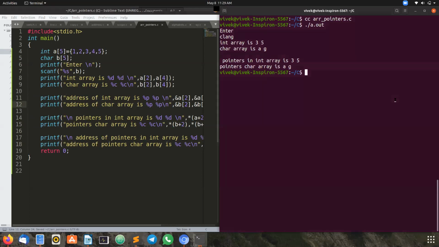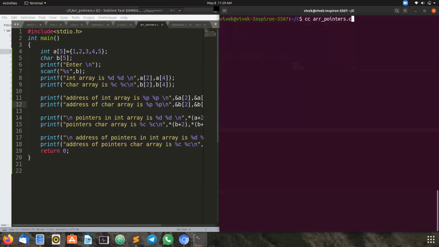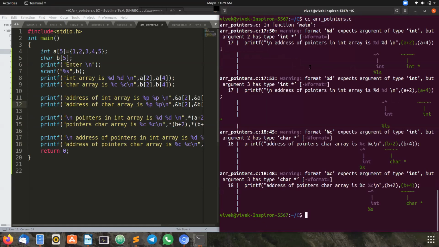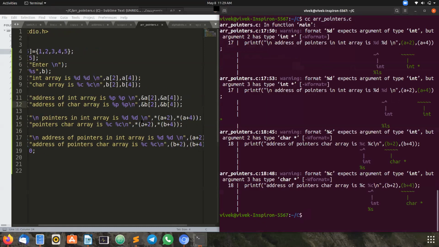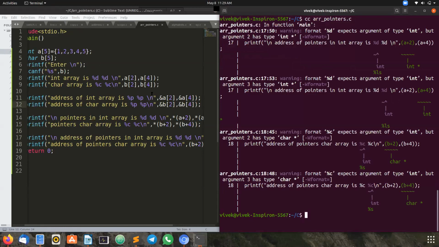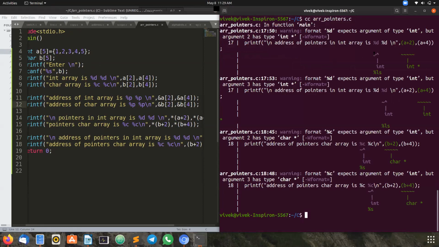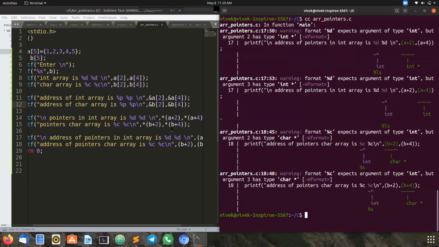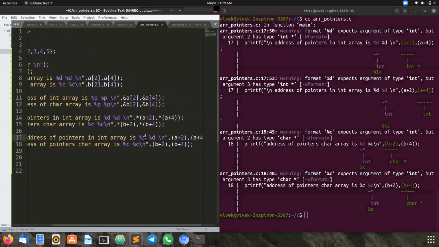Now let's check that one. After this you will be more clear with that. Percentage P. Okay, I did not change here. Here also we are printing addresses, so we have to put percentage P in the pointer scenario also.